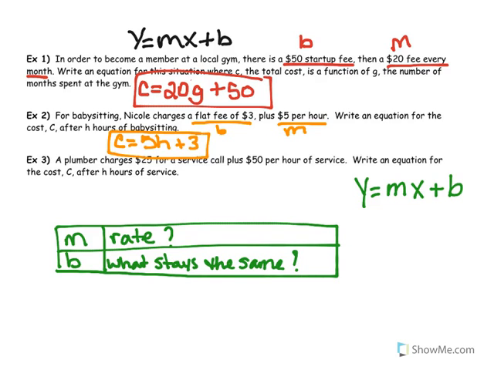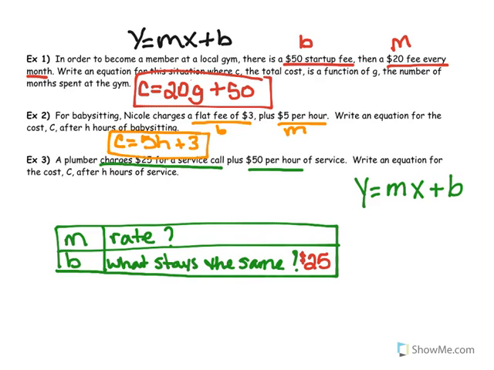So now I'm going to look back at my situation. It said a plumber charges $25 for a service call. So $25 for a service call. That amount does not change. No matter what, he is going to charge $25 for the service call. So that stays the same. So I'm going to write $25 there. Plus